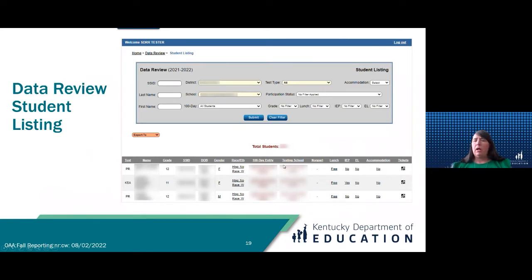And then you always want to make sure that if you're filing non-participations, you double click on the dash. And it'll give you a drop down of the non-participations, and you select the non-participation that is appropriate for that student.